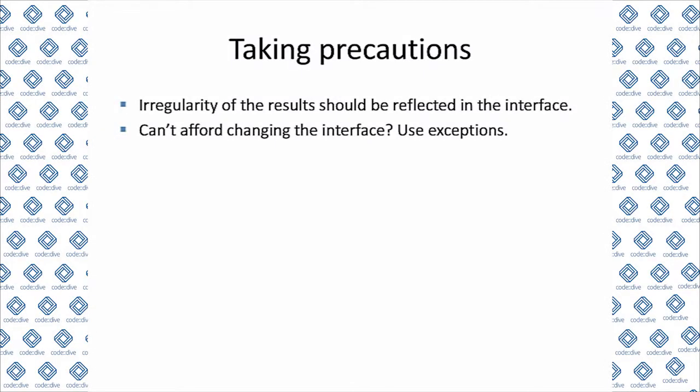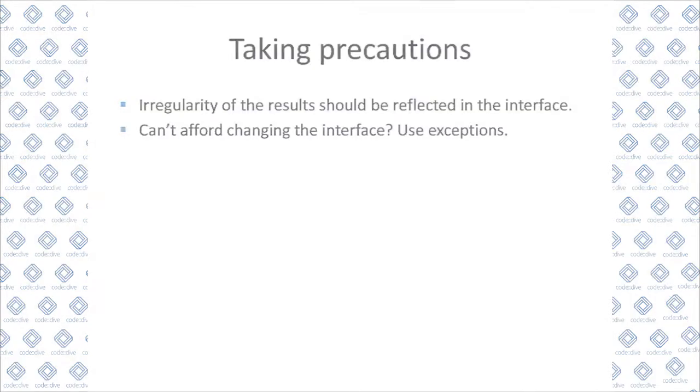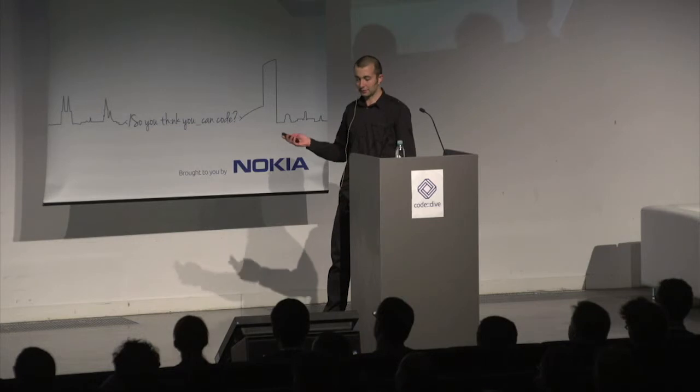For now, the important takeaway is that if you have some irregularity in the operation of a function, you want to reflect this irregularity in the interface, in the function signature, or by other means. If you cannot afford to change the signature, for various reasons, like because you are using it in a hierarchy of classes, you always have exceptions at your disposal. They can go through the interface, and they have no barriers there, unless it's noexcept, but you usually don't annotate functions with noexcept.